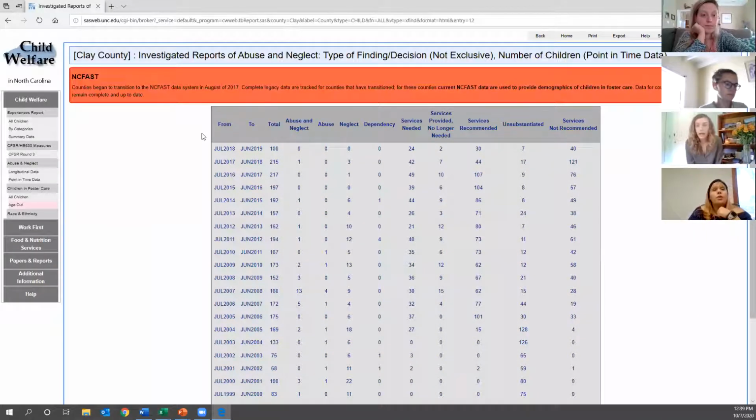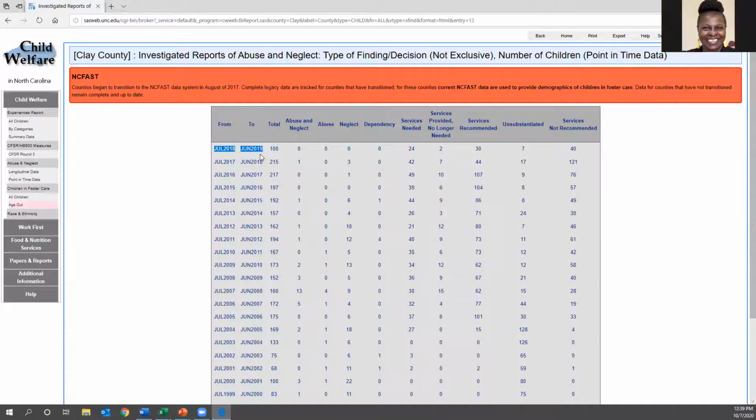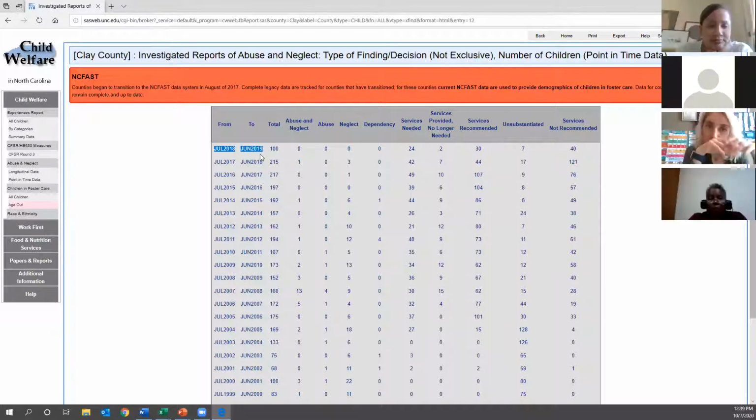And so again, if you look at the title, it's automatically changed to let us know that we're looking at this table. That's the not exclusive data. It still says Clay County in the brackets because it's still Clay County that it's filtered for. So looking here, the first two columns that you'll see are telling you the state fiscal year. So the most recent data for Clay County here is from state fiscal year 2019.